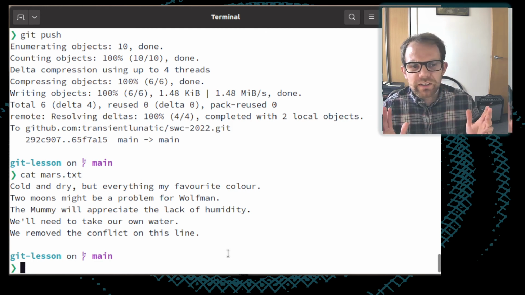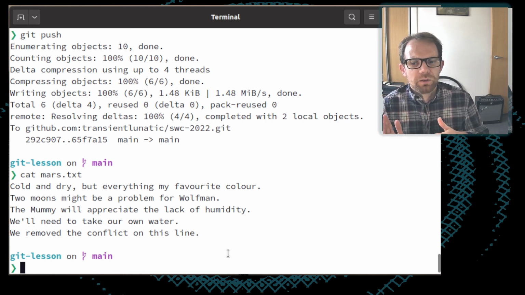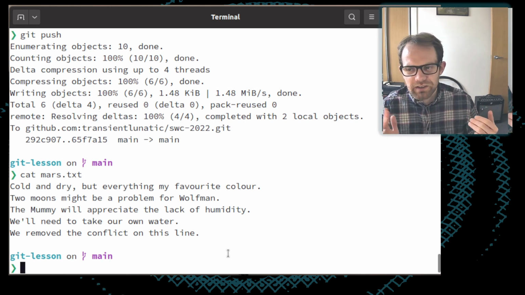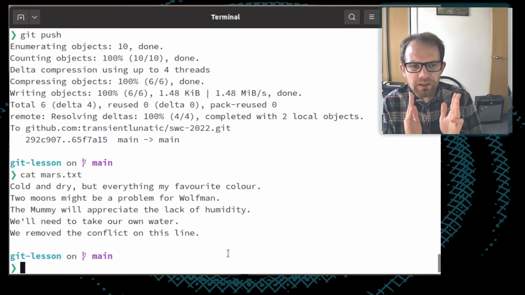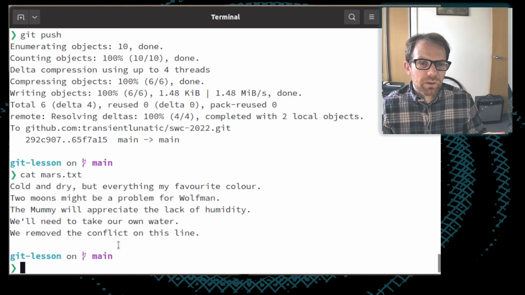This is a kind of self-contained project, and I want to later on be able to merge this back in with the rest of the repository. But I don't want to have to worry about what people are doing to the venus.txt file or the pluto.txt file or whatever along the way. So I want to have some sort of semi-independent state of the repository to play around on. So this is what I want a branch for.